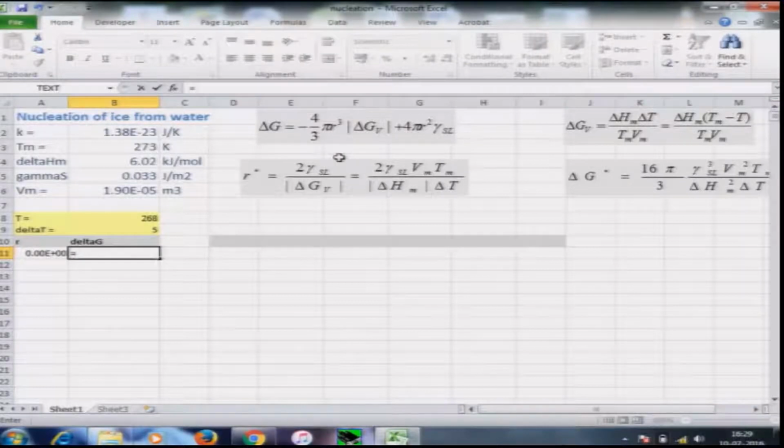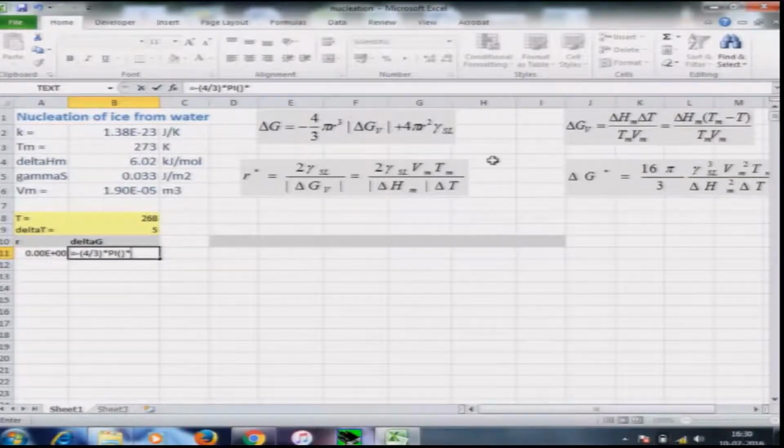All equations in Excel start with an equal to sign, as you can see. I have a minus 4 by 3 multiplied by pi. Pi is a function in Excel, pi with brackets open and close,